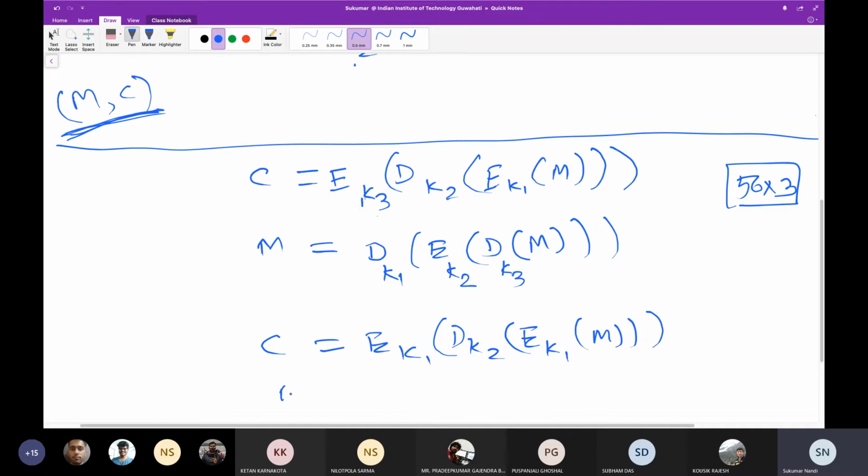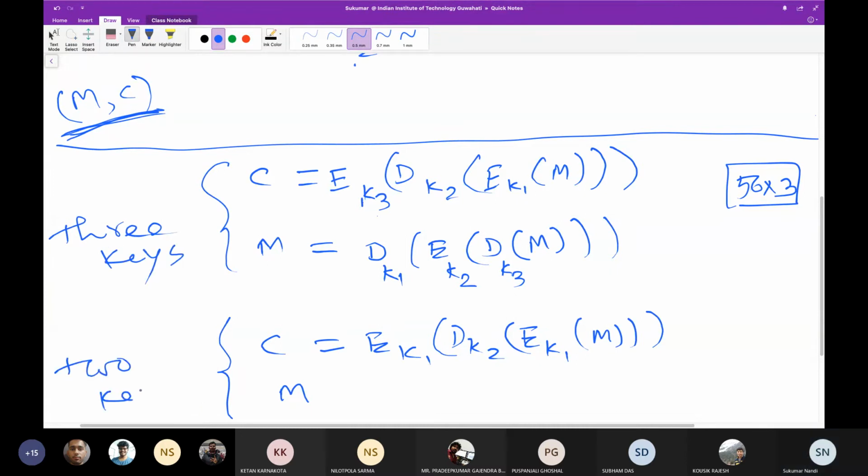This is 3 keys, and this is 2 keys, EK2, DK1. Sorry, I have written one place wrongly. This should be C.